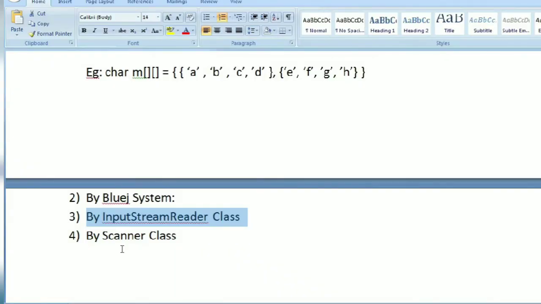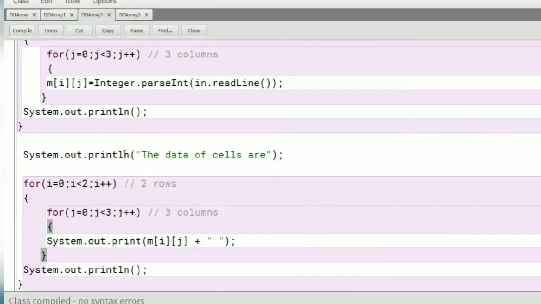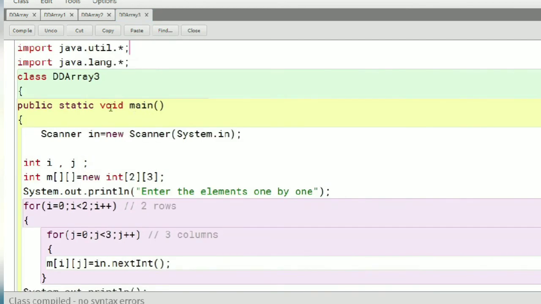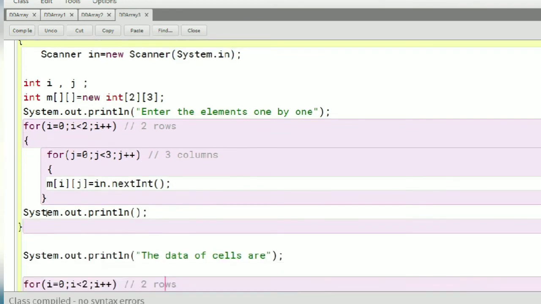So this was with the input stream reader class, and last is the Scanner class. This is also very similar. Instead of using the input stream reader class, we will be using the Scanner class. That is very simple. Just look here: import the util package, create an object of the Scanner class. Again you have to declare your two-dimensional array and ask the user to enter the elements one by one.